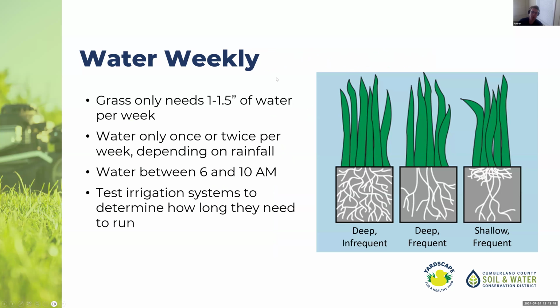Watering, lots of people overwater their grass, especially in the midsummer. So it's really important that someone's not setting their sprinklers going every single day. Some of that is just not even going to absorb into the grass, and it's going to end up being saturated and might just run off into the groundwater, down a hill, or onto your neighbor's property. So it's important to think about your water usage and probably only water about 1 to 1.5 inches a week.